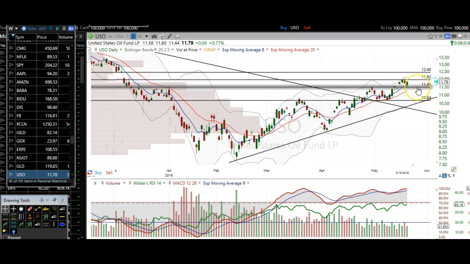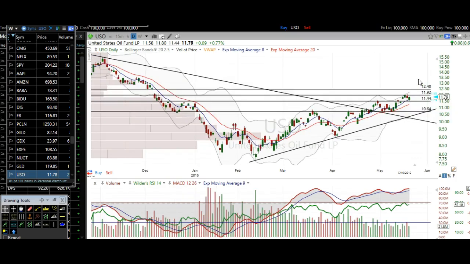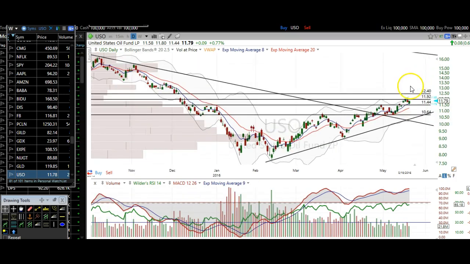So support at 1144, and then resistance at about 1190. My longer term target is a touch of that 1240 for this gap fill up here. I do think that eventually that gets filled,